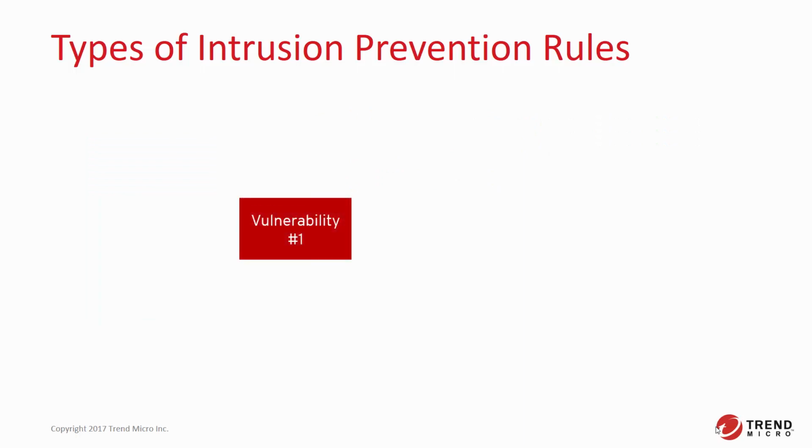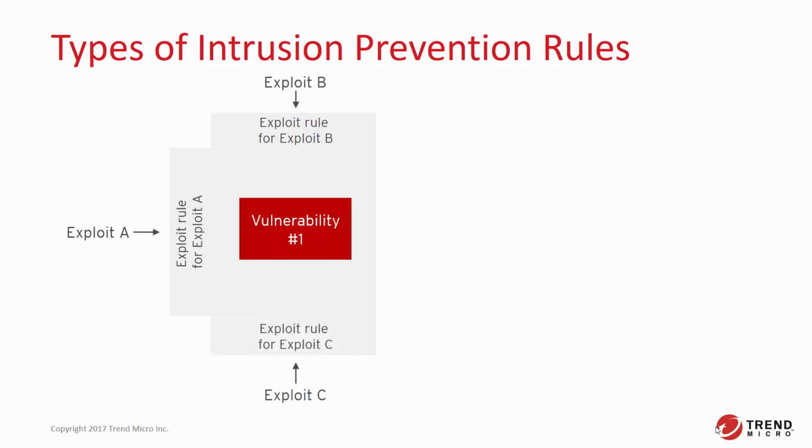So let's say on your operating system, a vulnerability is discovered. A hacker will create an exploit to take advantage of that vulnerability, and Trend Micro engineers will create a rule to prevent use of that vulnerability. Another hacker may create a second exploit. Trend Micro will create another exploit rule to protect, and let's say a third hacker figures out a different way of attacking that vulnerability. So in this case, we have 3 different exploits, and we have 3 different exploit rules